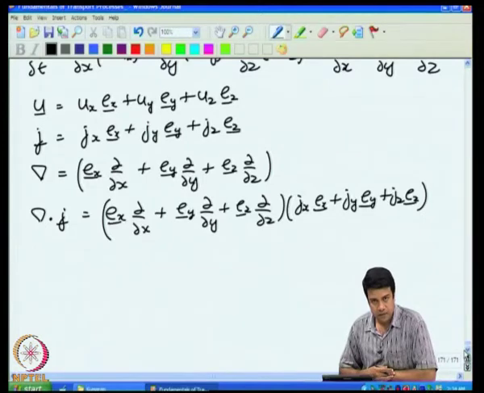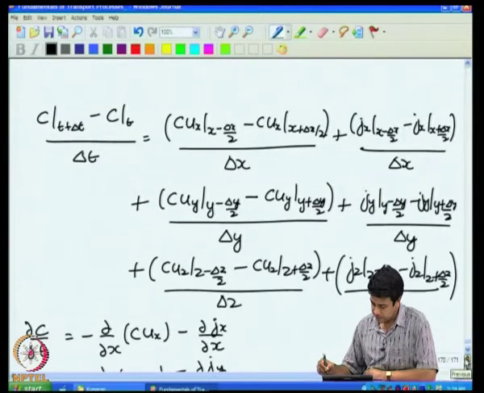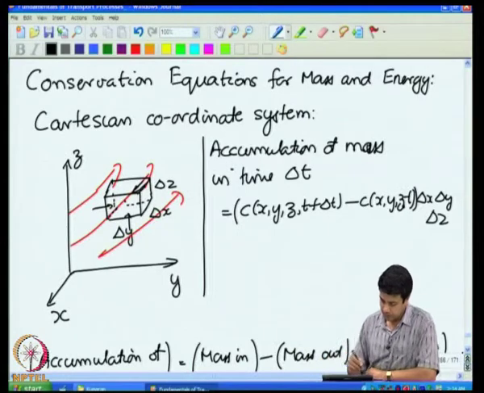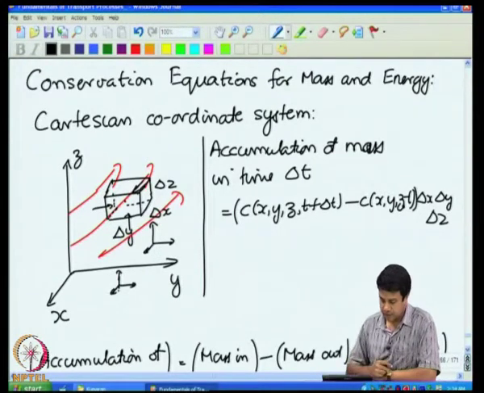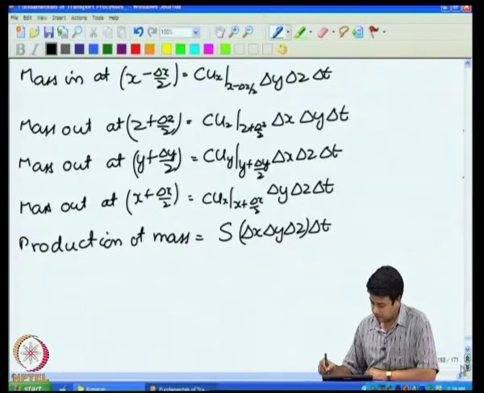When we take the derivatives, the unit vectors are independent of position. In this Cartesian coordinate system, the unit vectors are exactly the same at each location. The 3 unit vectors, they are exactly the same at each and every location. So, they are independent of position. Okay. So, therefore, when I am taking the derivative here,